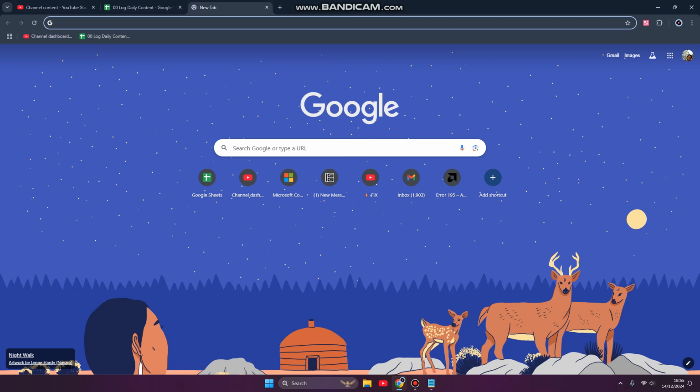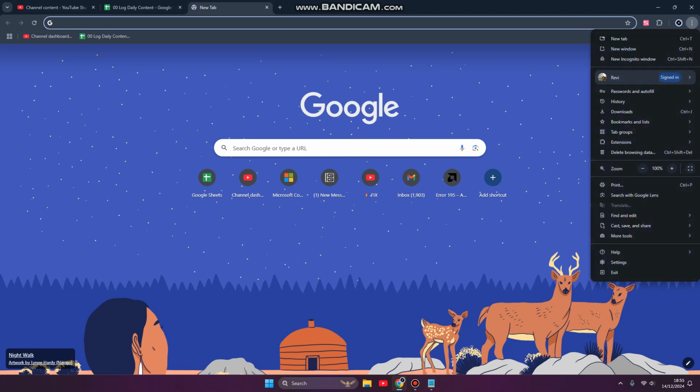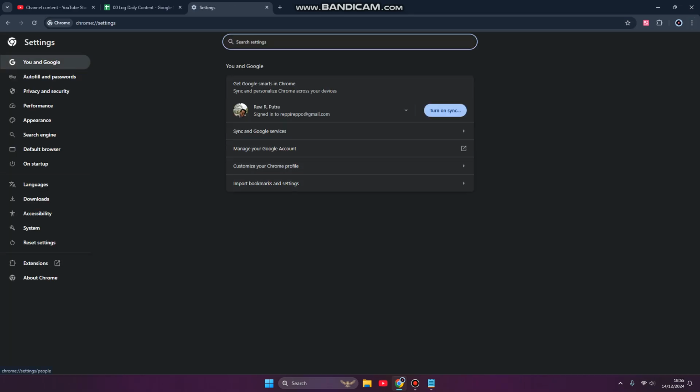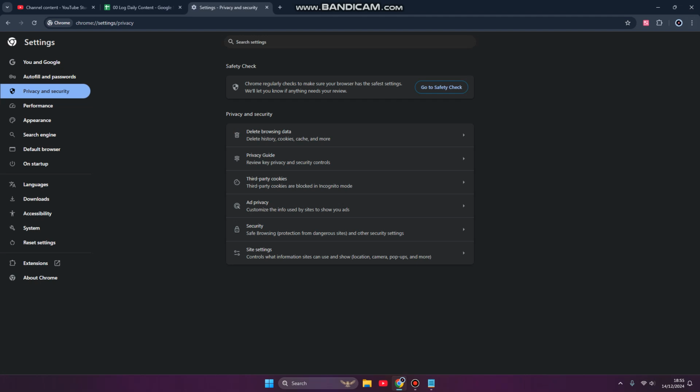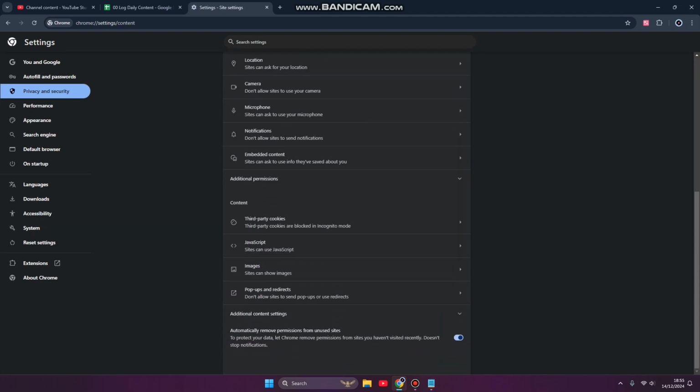In order to do it manually, you can disable auto verify by yourself. Click the three dots at the top right corner of your screen and click Settings. Here you can click on Privacy and security and go to Site settings, which controls what information sites can use and show. Scroll down, and under Additional content settings, you can click it